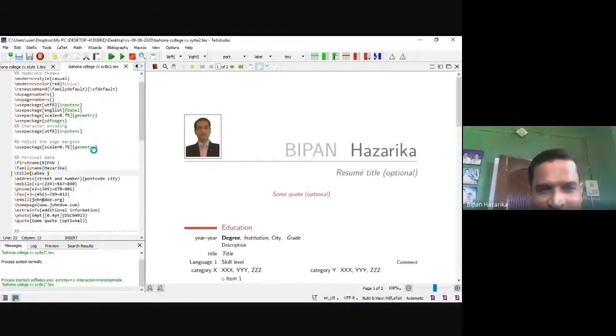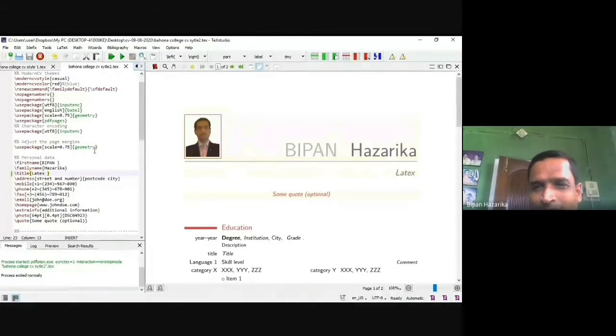Wait, it will execute. Okay, so I have set the title, and in the PDF it is shown as LaTeX. Is it okay? So we can set it accordingly.